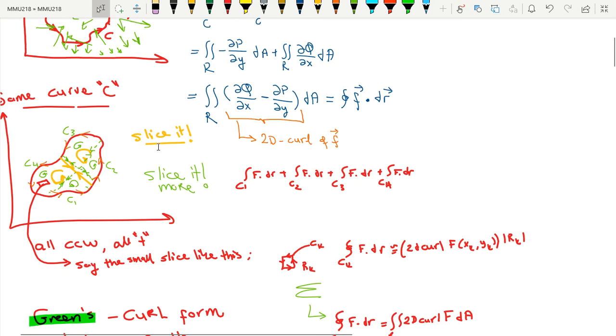Let's slice it in half in the beginning. It doesn't matter if it's parallel to the x or y axis. In this case, I'm randomly slicing it in half. And then I'm turning this loop this way, and this loop also this way. Both of them are counterclockwise, but as you see,